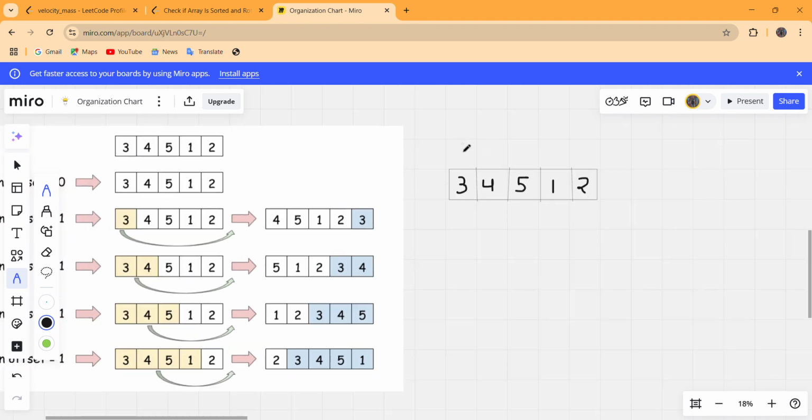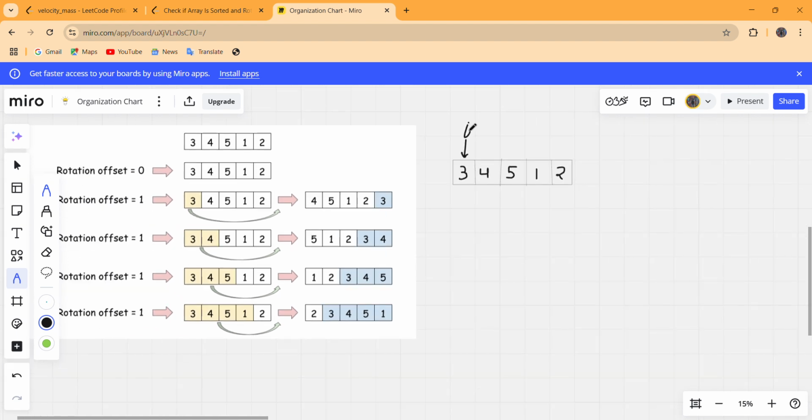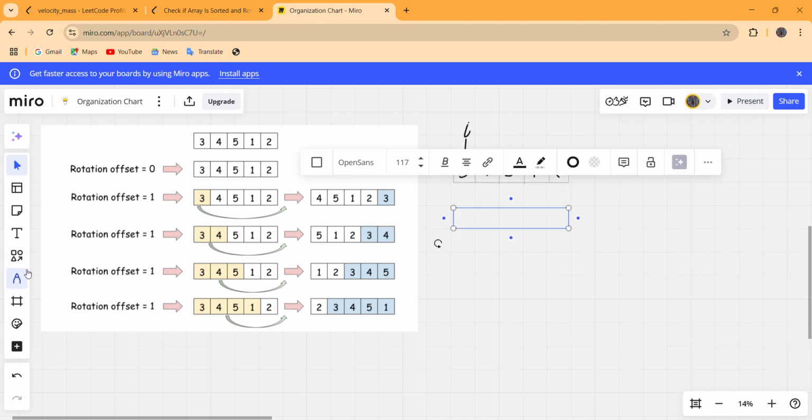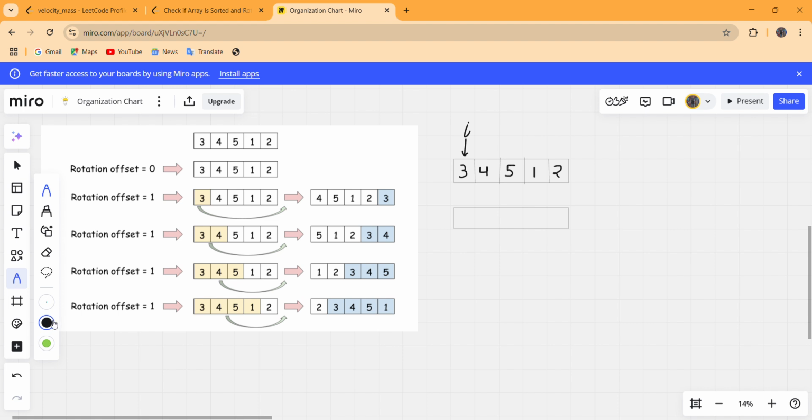Let us start a loop from i equals to 0 like this. Make an array of the same size like this, and for i equals to 0,